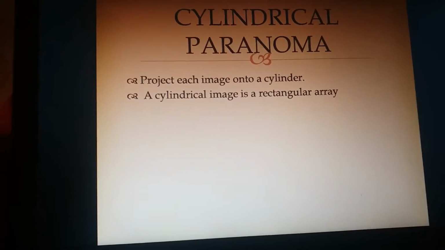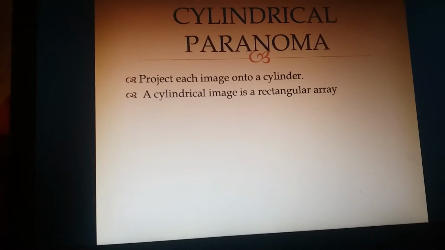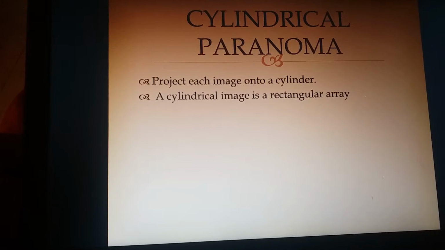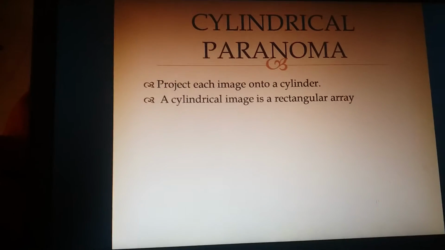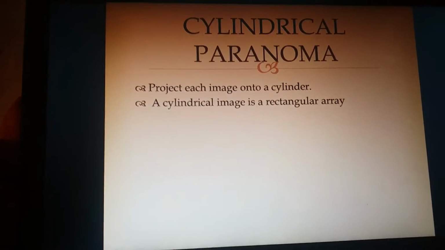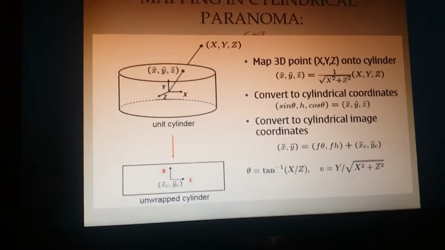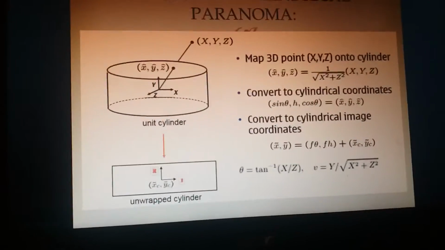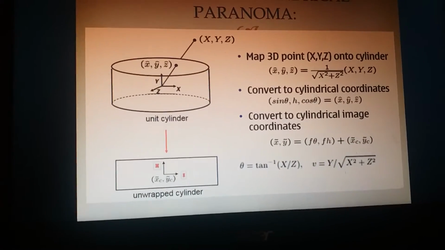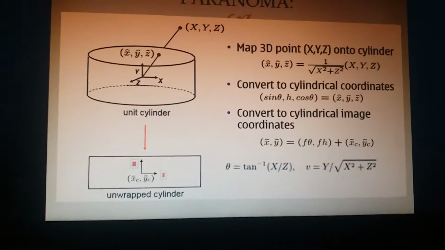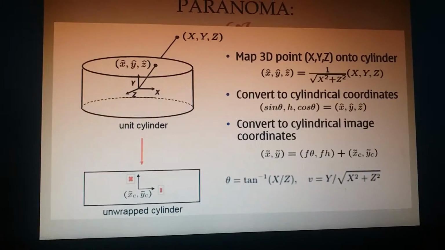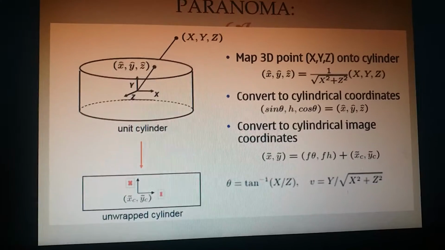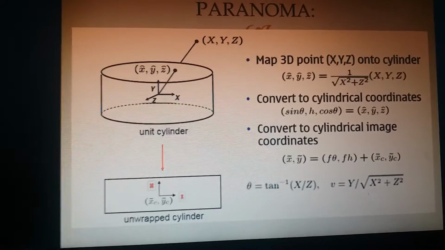The first kind of panorama that we'll be discussing is the cylindrical panorama. What we'll be doing here is projecting each image onto a cylinder, and then opening the cylinder into a flat picture. We map the 3D points into cylindrical coordinates which have the parameters theta and h. You can calculate theta using tan inverse of x by z, and h using y by the square root of x square plus z square. So you can see that the cylinder is unwrapped and it comes into a 2D form.